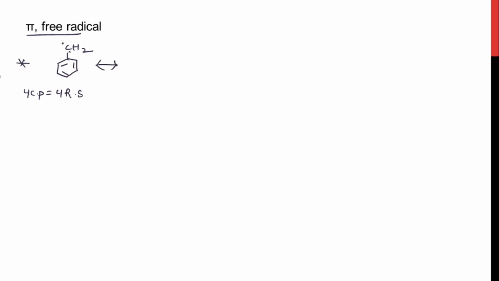The carbon which is bearing a free radical is an electron deficient carbon. So it would withdraw the electrons from the system. It will pull away the electrons from the resonating system. So when the electrons are moving, these pi electrons are cleaved. They are cleaved homolytically. So one electron goes to this bond and the other electron goes to this carbon atom.